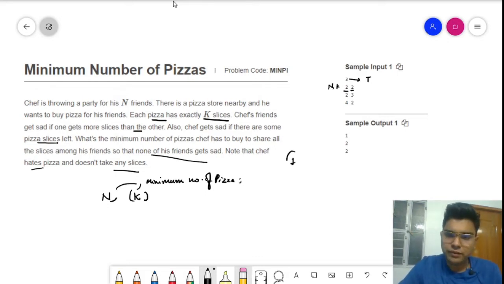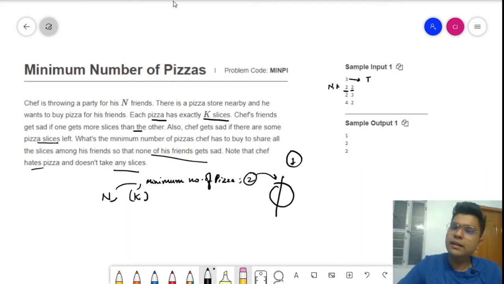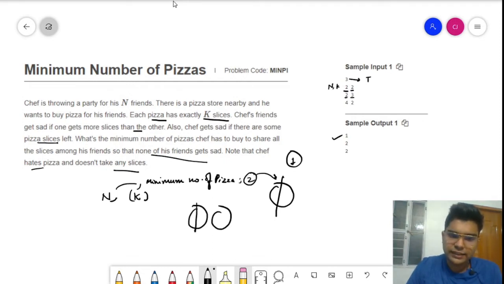Only one pizza, since one pizza has 2 slices and there are only 2 friends, so each friend can get 1 slice. So the answer is 1. Now if there are 2 friends and each pizza has 3 slices, how many pizzas do we need to order? We need to order 2 pizzas, each has 3 slices,